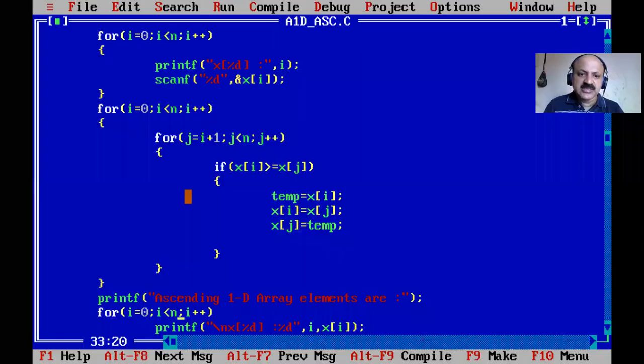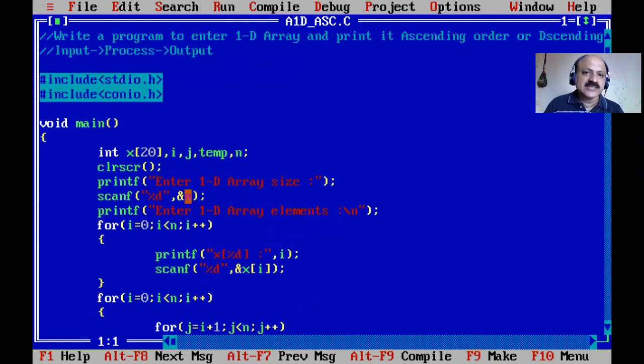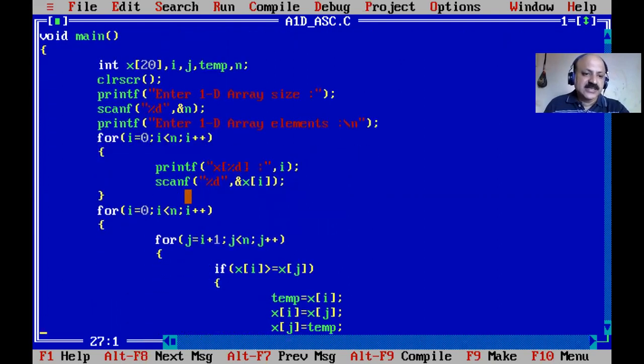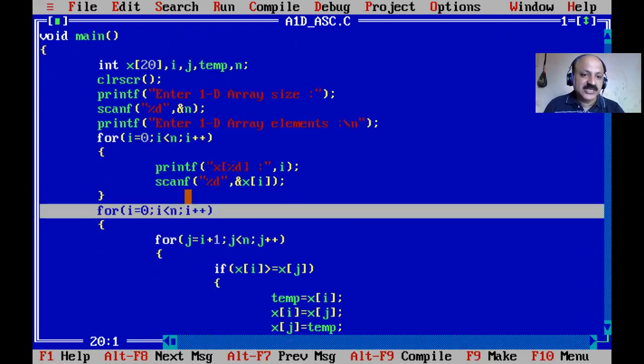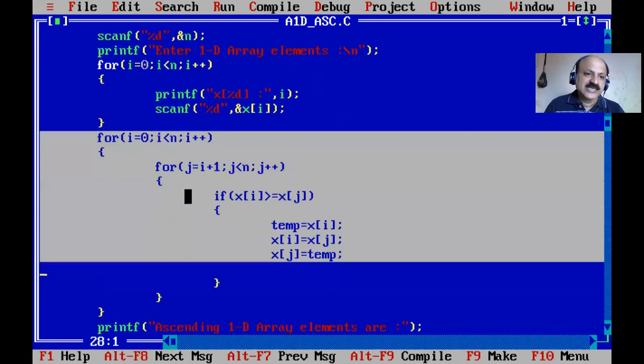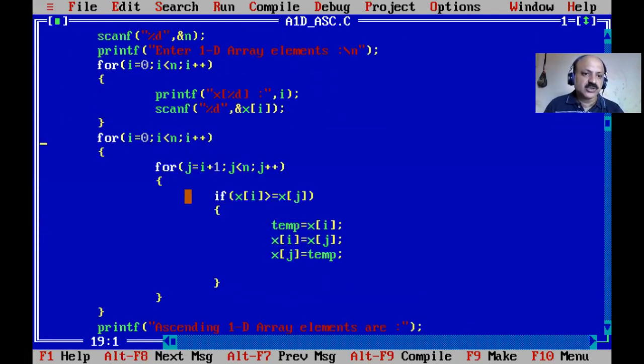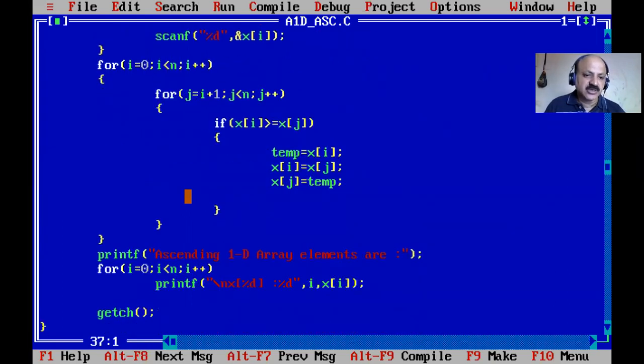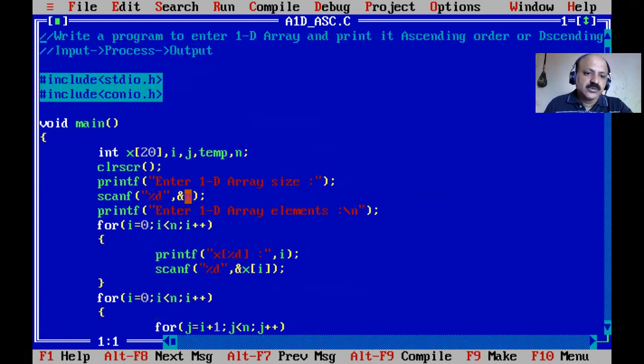And if you change this greater than to less than or equal to, that is descending. So I cover both ascending order and descending order in one session. So here also we can trace, and that technique is known as selection sort logic. Okay. So in the next semester, in your syllabus, sorting and searching techniques in data structure is one subject. So if you develop your C programming perfectly, then you can also understand data structure, a very important subject in this year. So yes, now I think you understand.